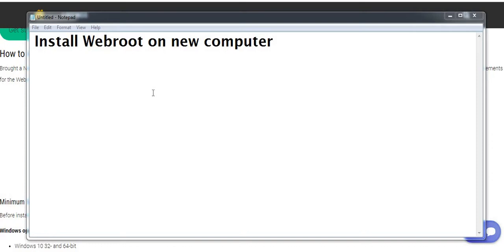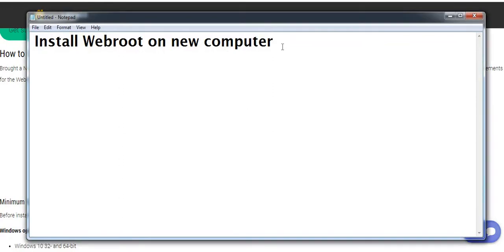So if you have a new computer, then first of all you need to check if it already has any antivirus, because when you take a new computer it usually comes with a promo of antivirus which comes for 1 month. Usually it is McAfee, sometimes AVG or Avast also comes with some computers. So you need to check. First of all, check for any other antivirus in the computer. You need to remove that.